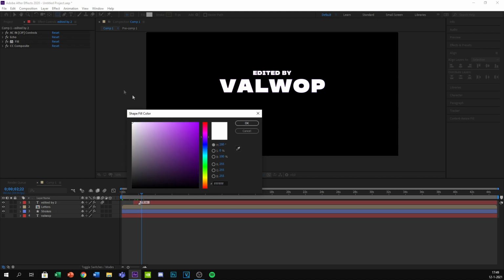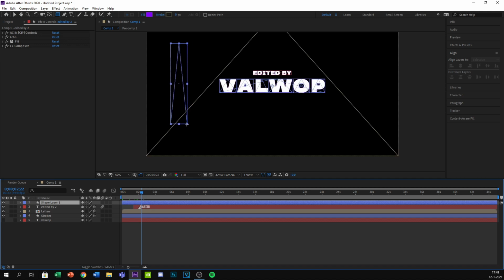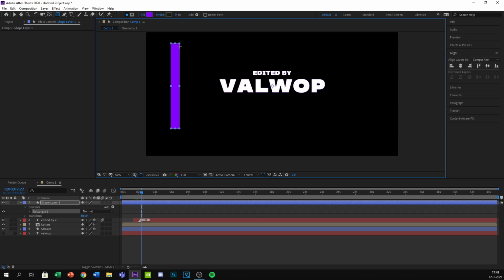Go to the rectangle tool and put it to the dark purple we talked about, and make sure you have no layer selected. If you don't have the rectangle, right click and you can choose out of all of them. Make a nice thick stroke.